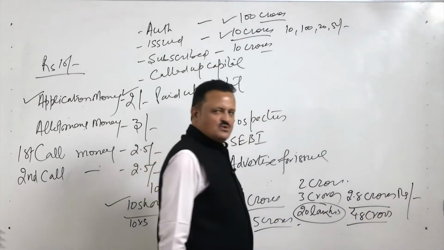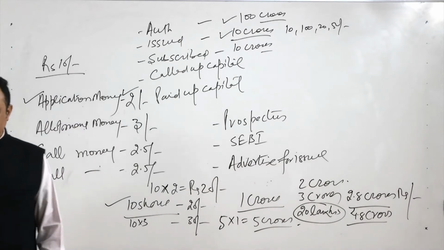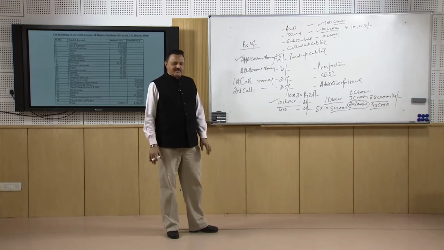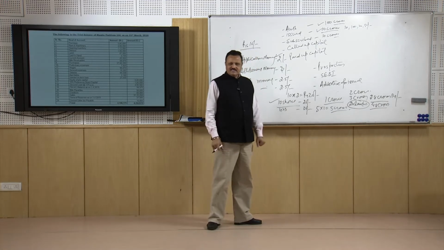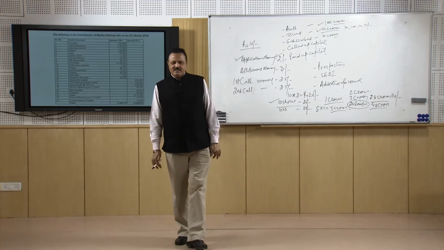4.8 crores, 4 crores and 80 lakhs the company has received. It means there is a shortfall and default. Because of the default, the company has not received the 20 lakhs. After that, the company carries on the process, and after receiving allotment money and utilizing it for some period of time, the company